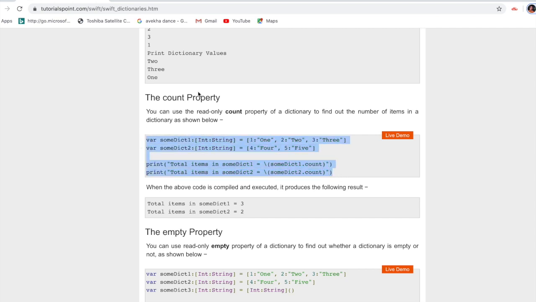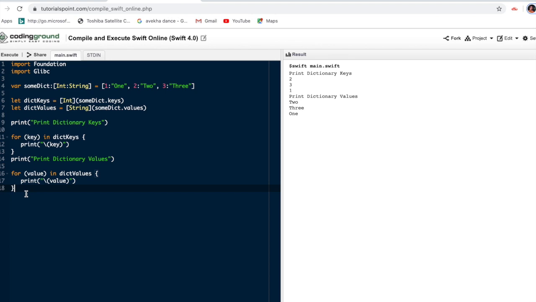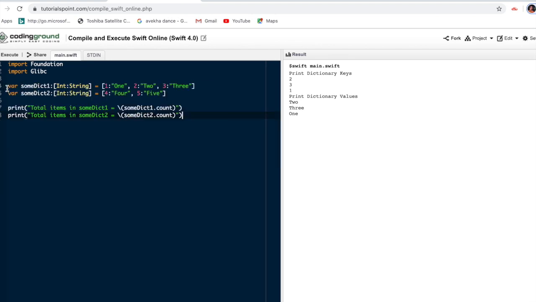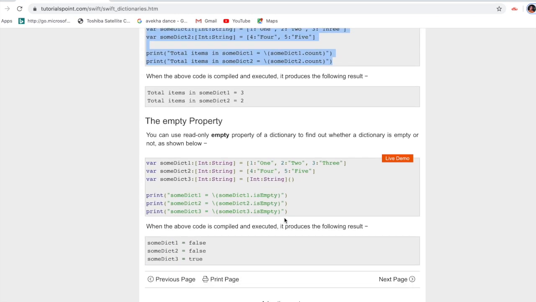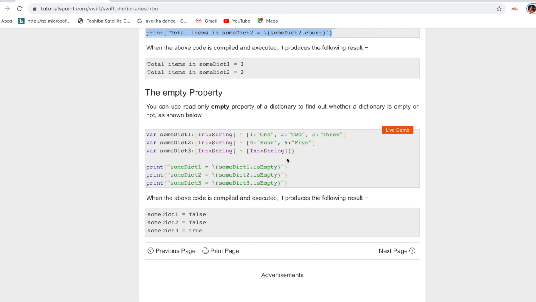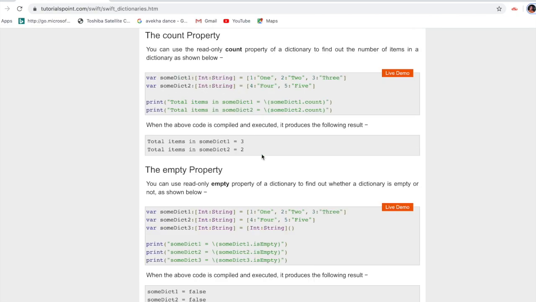For example, this is a very good example to print how much it is. Actually here how many values are there, 1 2 3, so count should be 3. Here set of 1 and set of 2, so count should be 2. Okay, next here we can even assign empty. For assigning, we have to assign this way, give this way.